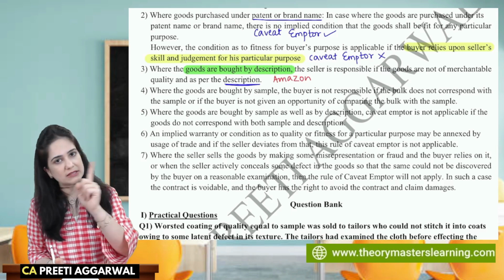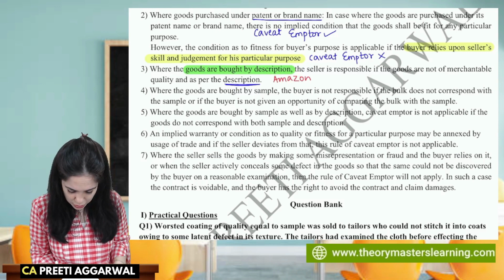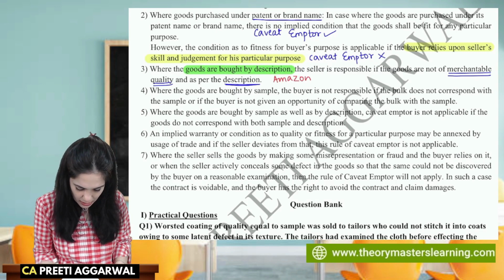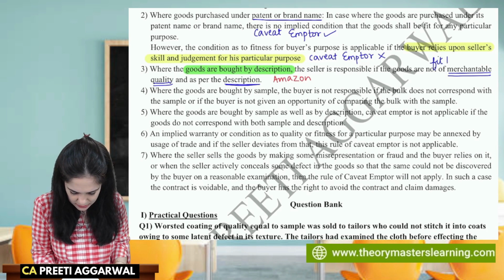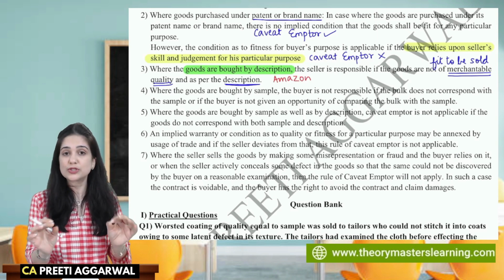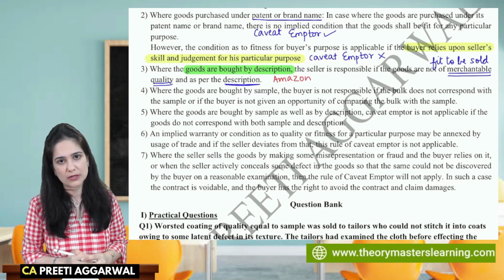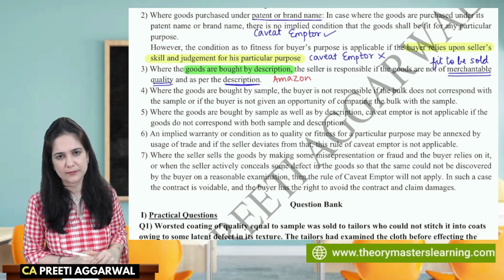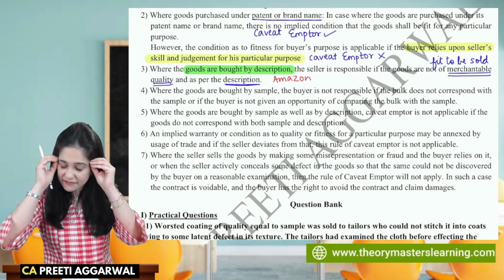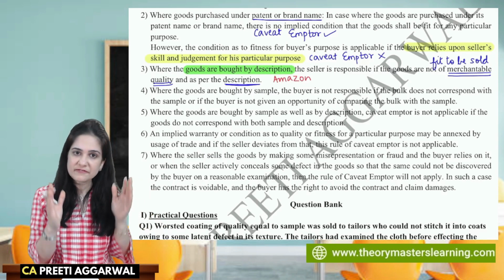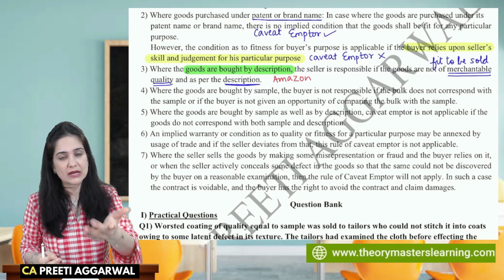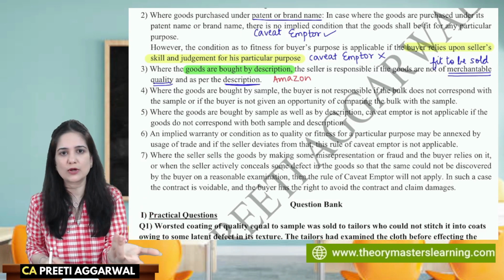Over here, there is another requirement that the goods should also be of merchantable quality. Now, what is the meaning of merchantable? Merchantable means fit to be sold. The goods should also be fit to be sold. Now, I purchased a bag from Amazon after reading the description. The goods are, yes, definitely not as per the description. In fact, they are not even of merchantable quality. Or it may happen they are as per description, but they are not of merchantable quality.